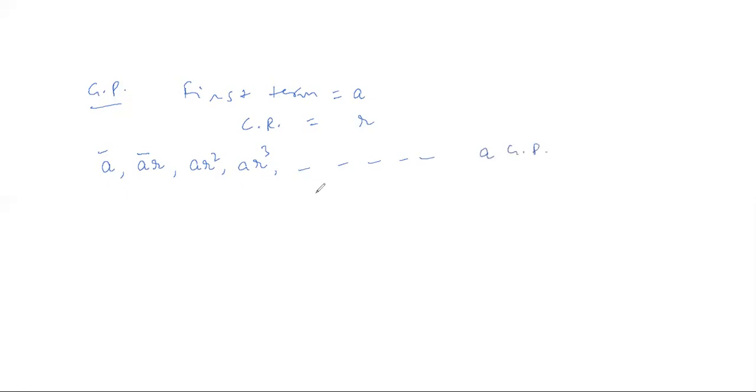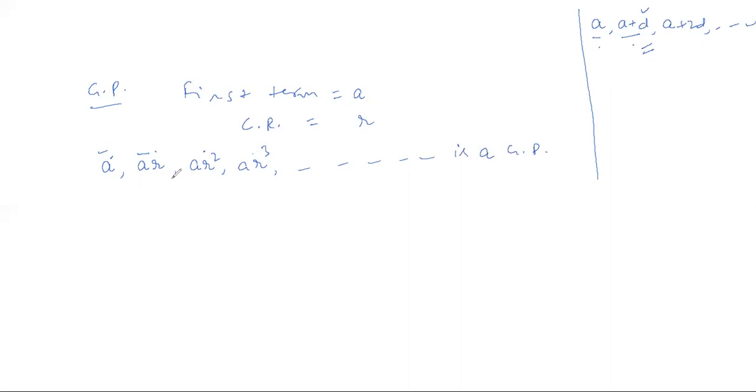Okay. So like in case of AP, see again. In case of AP, suppose the first term was A, then we used to add D to each of the following terms. Like this was A, so the next term will be A plus D. Again, it will be A plus 2D, and so on. So this was the difference, that is why we were adding, but this is a ratio, so that is why we'll multiply by R into each term. Okay.